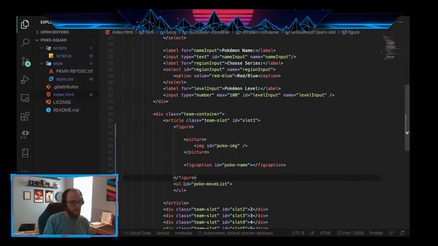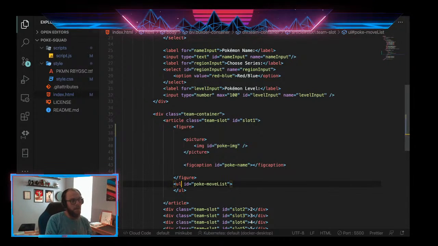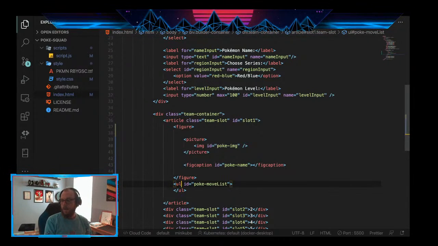Awesome. I'm going to give this a class name. As a rule, like I said, I like to keep classes for CSS, IDs for JavaScript. We're going to bend that rule here in a little bit, but